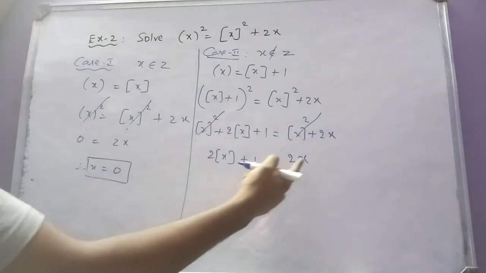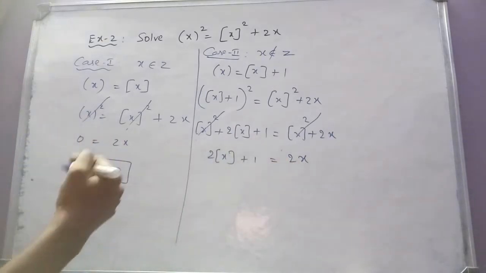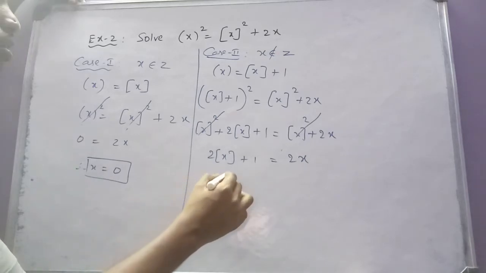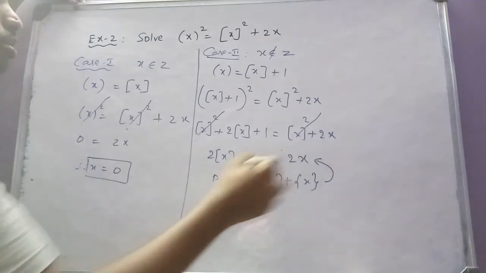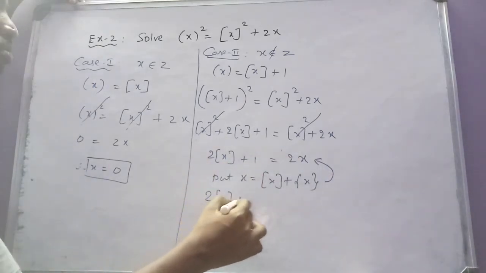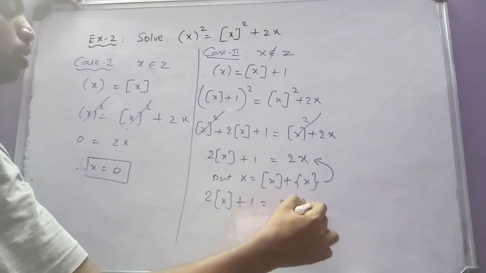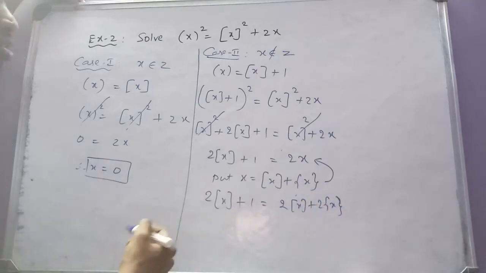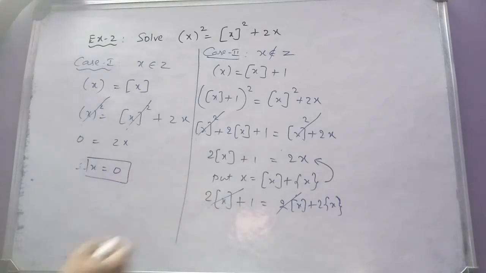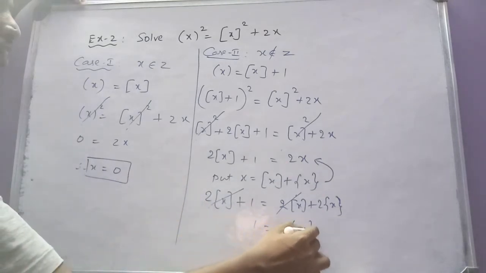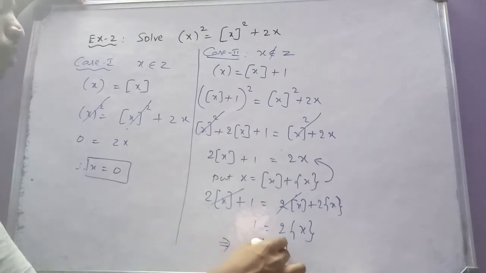Next we will eliminate x. As we have already discussed in our problem cycle, we will eliminate x by writing x is equal to step x plus the fractional part of x. We will put this in the previous equation. So then what happens? 2 into step x plus 1 is equal to 2 times step x plus 2 times the fractional part of x, correct? So I have taken x as this, and I got this. Again 2 into step x will get cancelled. So I'll get 1 is equal to 2 times the fractional part of x. And therefore the fractional part of x is equal to 1 by 2.